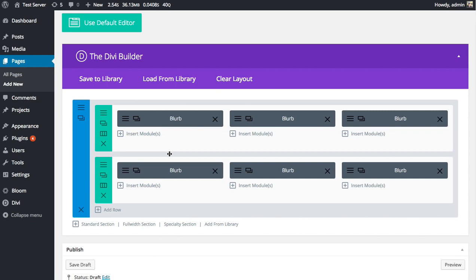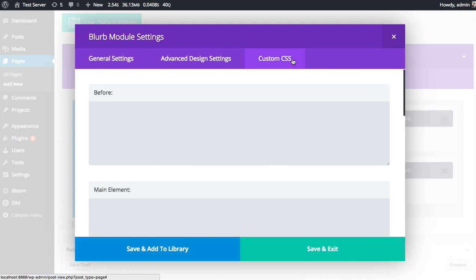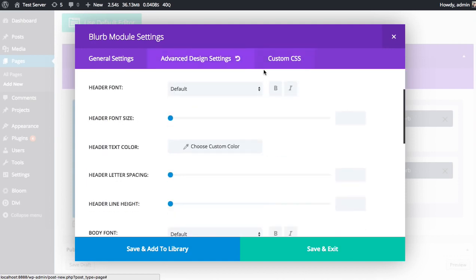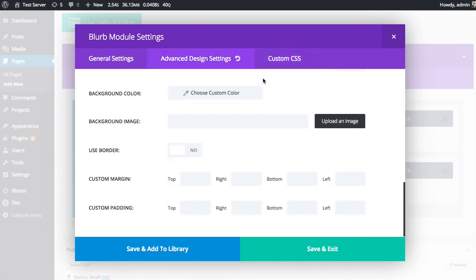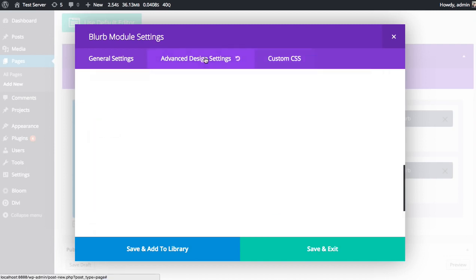So if you find yourself using a specific module, for example, let's say that I've spent a lot of time on this blurb module in the advanced settings and the custom CSS settings. In fact, I've really modified this module. I've customized the size and the color of the icon. Maybe I've added some custom CSS animations, and it's taken me hours to do,